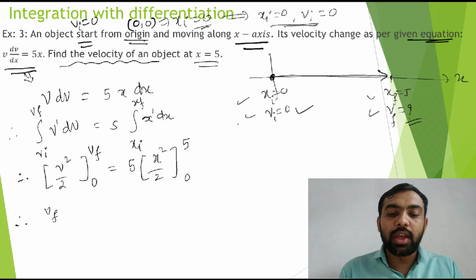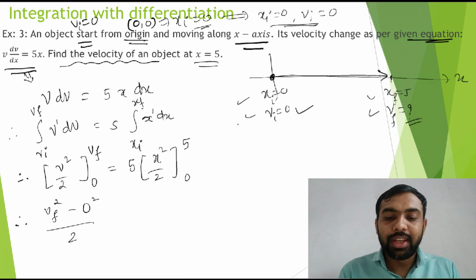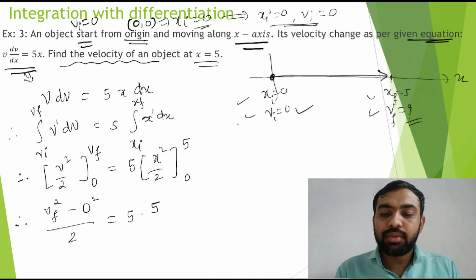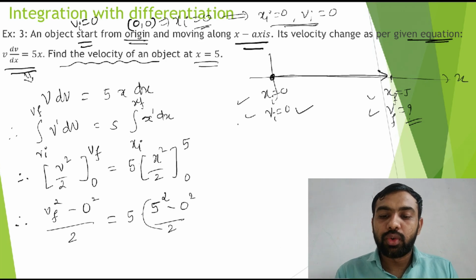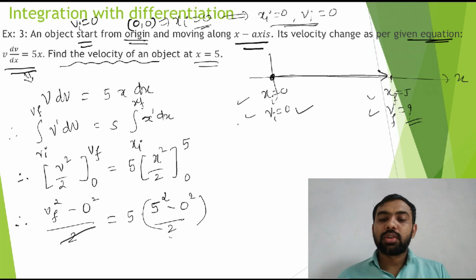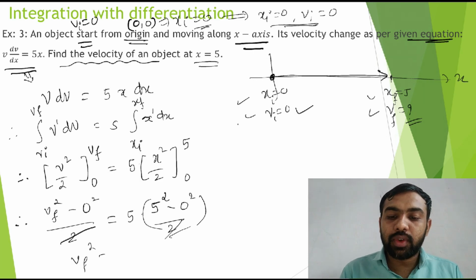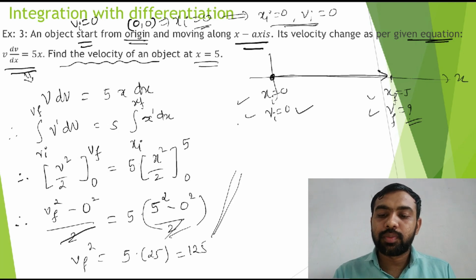Put the upper limit and lower limit. So v final square है ना, v की जगह पे v final रखो, माइनस 0 स्क्वायर, 0 है तो 0, अपॉन 2 इज इक्वल टू 5 इंटू, फर्स्ट पुट 5 हियर, सो 5 स्क्वायर माइनस 0 स्क्वायर अपॉन 2. ओके, so this 2 cancels out. What is the final answer? v final square is equal to 5 into 5 square, 25. 0 तो कुछ होगा ही नहीं, तो 0 ही रहेगा. So 25 आंसर इज व्हाट 125. So what is our final answer?